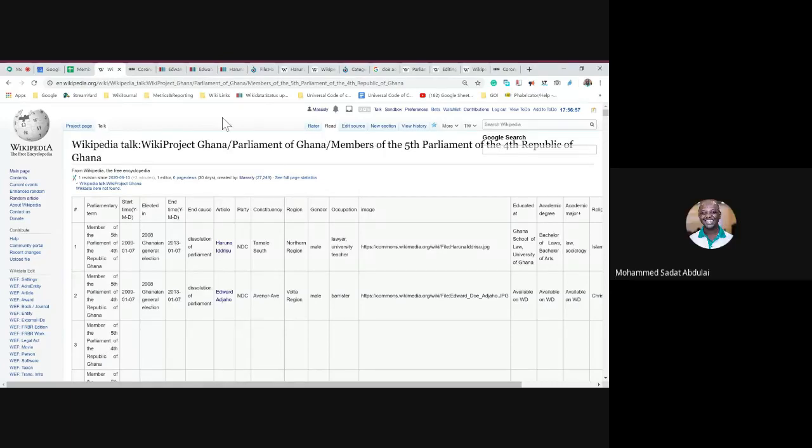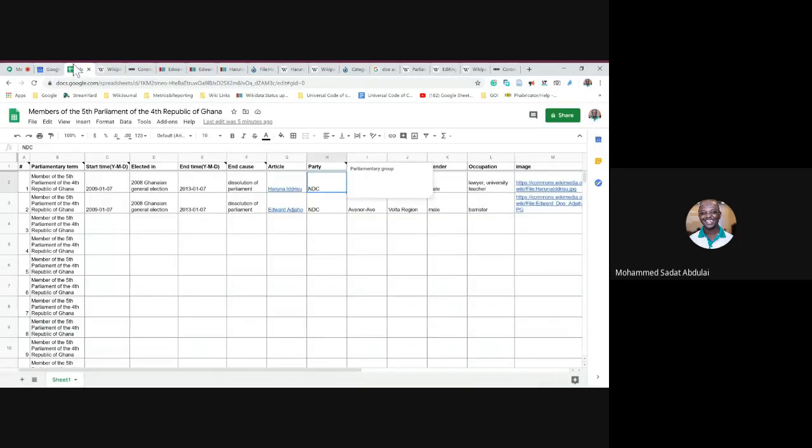Interestingly, for whatever strange reason, Visual Editor doesn't work with project pages, talk pages of project pages. I don't know why that is true. So you cannot do visual edit, copy here and then paste it here. So what I will do is